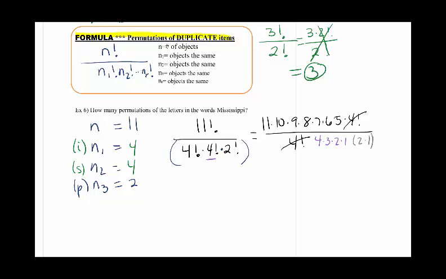So we can see anything that cancels now because all the factorials are gone. 3 times 2 is 6, so that's gone. 4 times 2 is the 8 that's gone. So if I were doing this by hand, I would take 11 times 10 times 9 times 7 times 5 in my calculator, and I should get